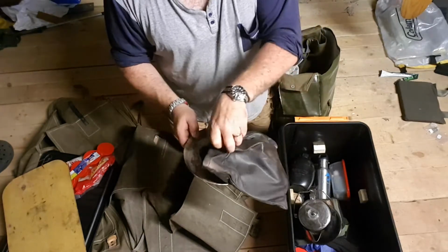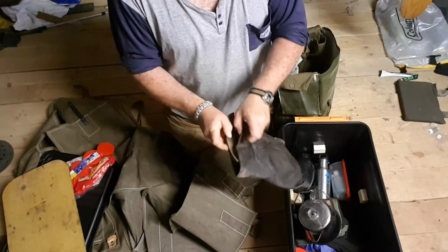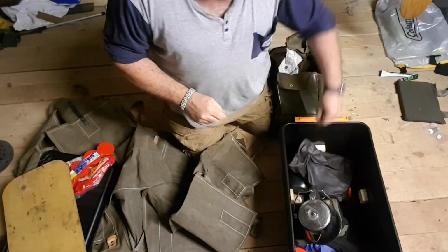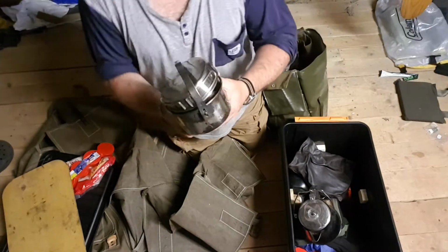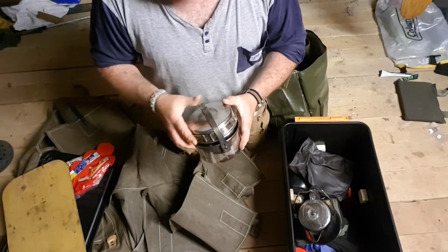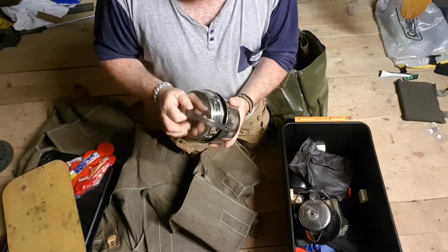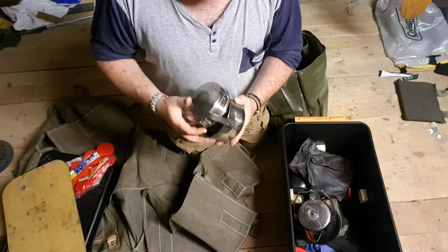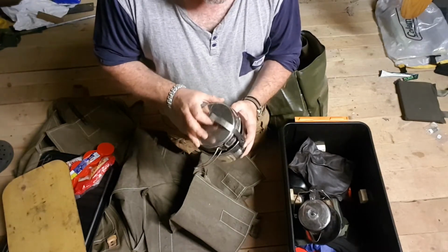Comes with a nice leather bag. All hammered stuff. This one, it's really cool. My old faithful Peak pot. This goes every time, and this will outlive me, I have no doubt. Trying to get the oat meat. Inside I've also got my